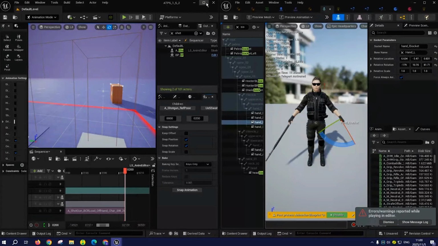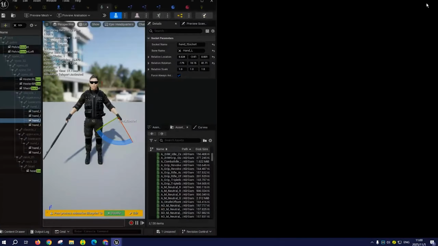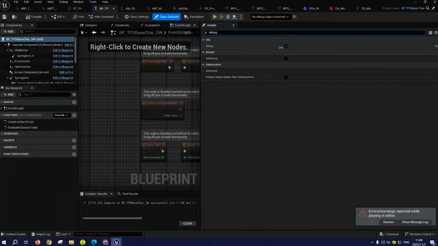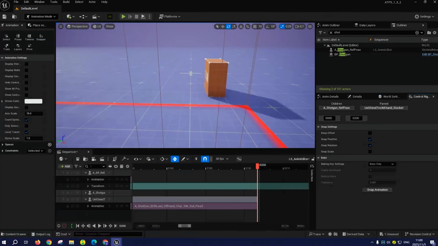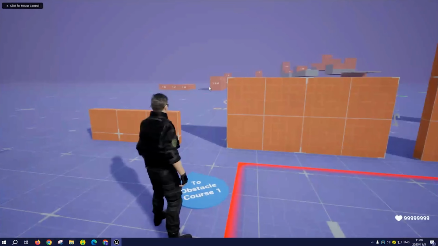It's just way too many widgets being shown at the same time. So I'm gonna do debug off. Okay, just want a quiet environment for me to